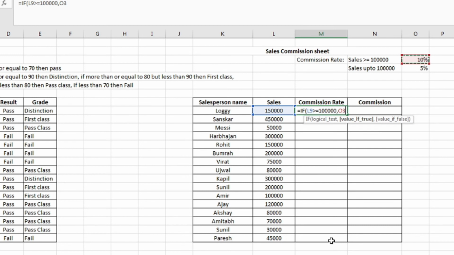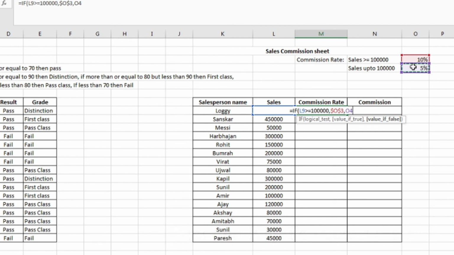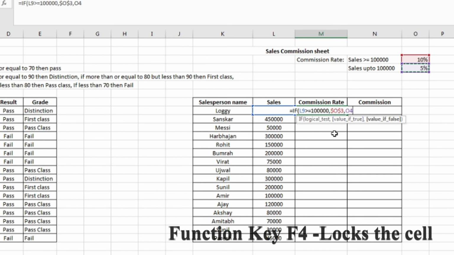So I will lock the cell by using the function key F4. This is being locked. You can see the dollar signs put over there. Then comma. Then value if false means what? If the sales is less than 1 lakh, we would like to give him 5%. Again, we are selecting the value from the cell which we do not want to change. We want Excel to pick up this value again and again from this cell when we copy the formula down.